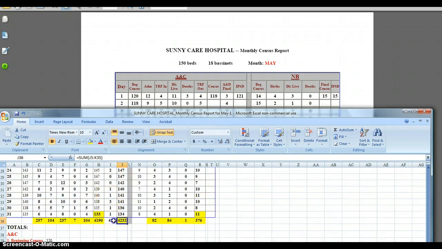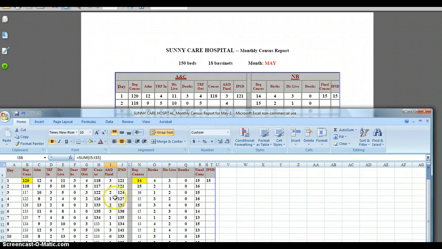The reason you have to add in the A and D final is, if you look on page 93 at the top where it says total inpatient service days, towards the end of that very first paragraph, it says, to this subtotal, one inpatient day must be added for each patient A and D between the two successive census taking hours. So that A and D has to be added into the census. So that gives you the 4232. And that's for the adult ANC